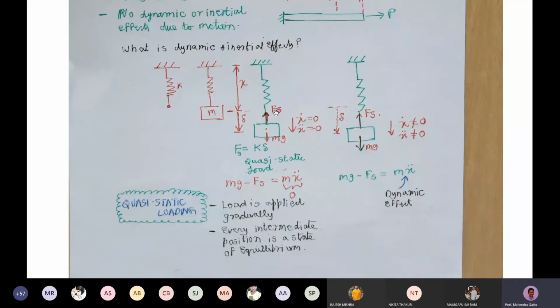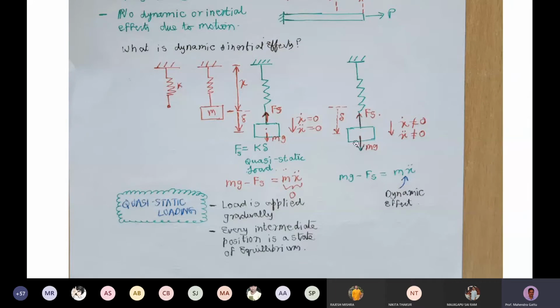In a quasi-static problem, what will happen? When you load with mass m, the final deflection will be mg by k. But if you consider this dynamic problem, this mass will never come to rest. It will oscillate with some period of oscillation. The maximum deflection will be say 2 mg by k. It will deflect delta naught, which is mg by k, and because it has some kinetic energy at that extreme end, it will still deflect further to 2 mg by k, and then it will come back and keep on oscillating.